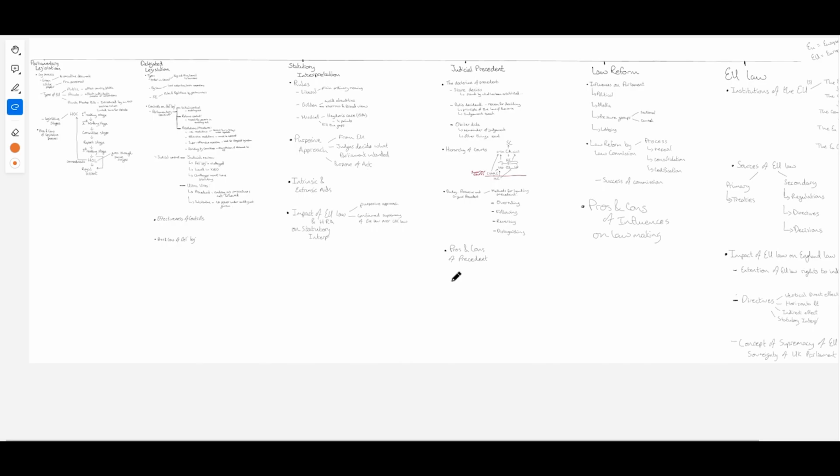So you have to pick up the OCR A-Level Law textbook and memorize pretty much everything in it. You've got loads of cases to memorize, acts, statutes, and other details about the legal system. And a lot of this information you're probably going to forget anyway. But the best way to memorize